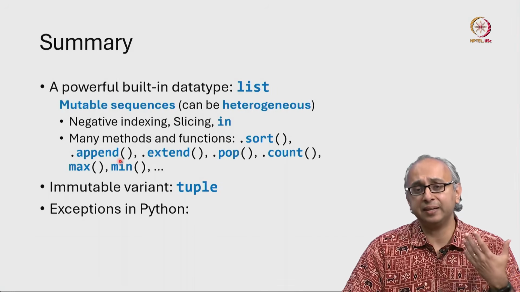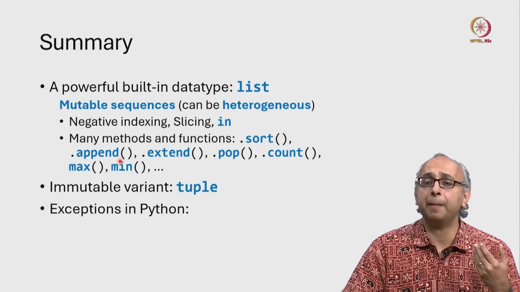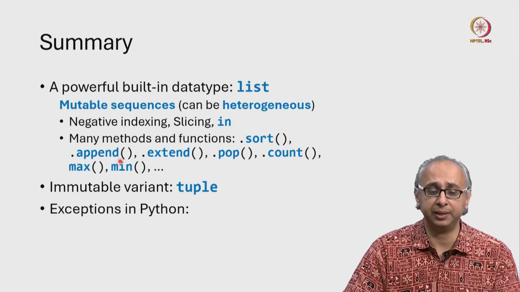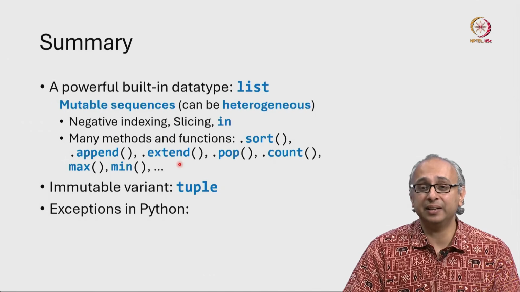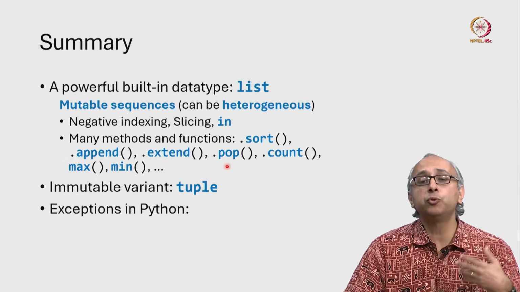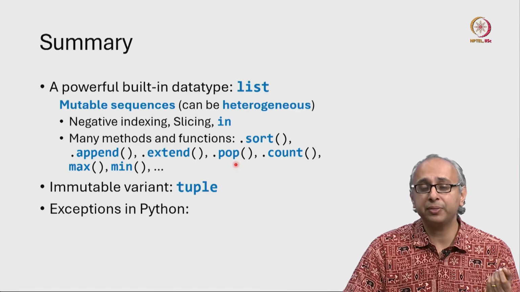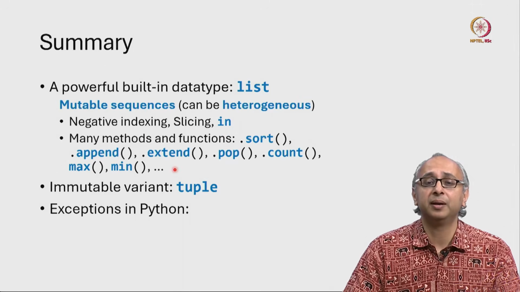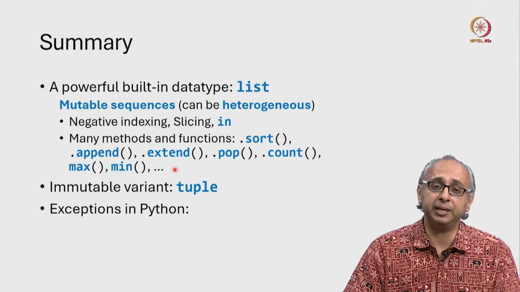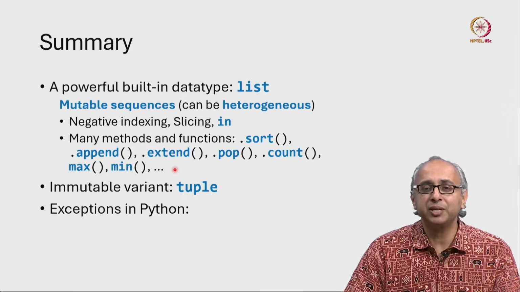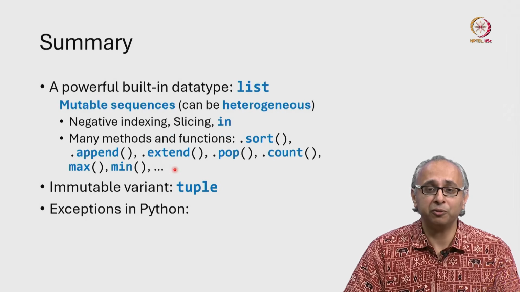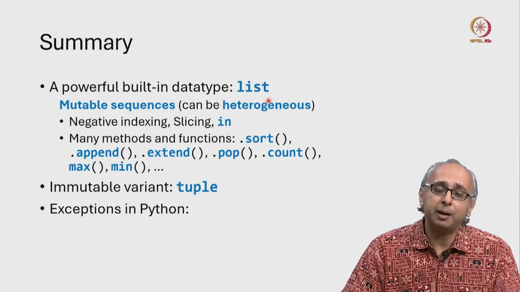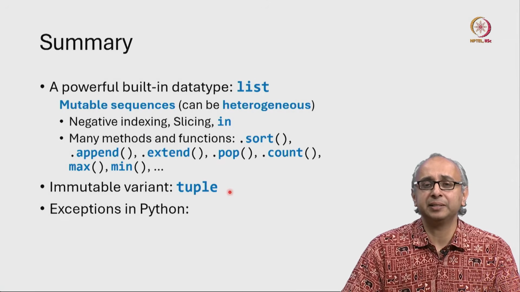Similarly, we can add new items into a list using an append method. This will add the new item to the end of the list, appending it to the list. Similarly, we can extend a list with many items. We can remove that last item using the pop method. We can do counting, and we can apply the max and the min function, and there are many other functions and methods that are available in lists. Gradually we will see some of these, but in this course we will not get to see all of these. So if you're interested, go read up about lists. While you're reading up about lists, also take a look at tuples.